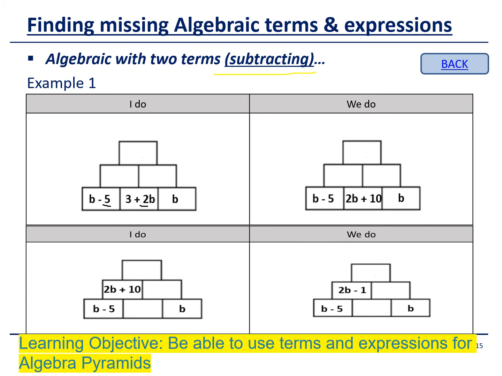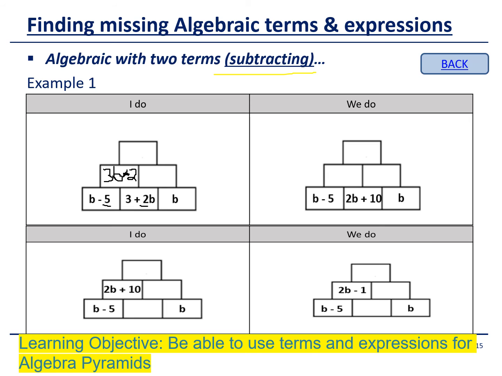So let's look at this first I do. So we've got b in this bottom left, and we've got 2b in the bottom right. So that's going to give us 3b. Now remember, we're subtracting the numericals, so 5 take 3. Okay, so it is going to be 3b subtract